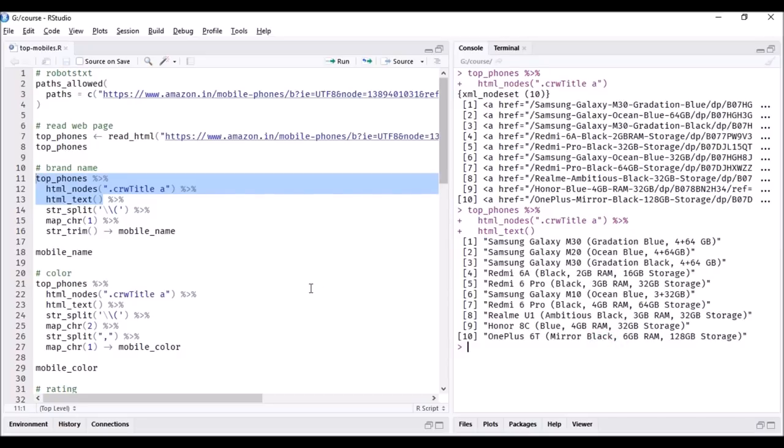So first we identify the location of the content using a combination of tag and class, right? The tag is for the hyperlink, A, and the class is crw title, right? Using this, we extracted all the hyperlinks present within all the sections which are identified by the class crw title, and from that we extracted all the text which is present between the opening and closing tags, right, which gives us